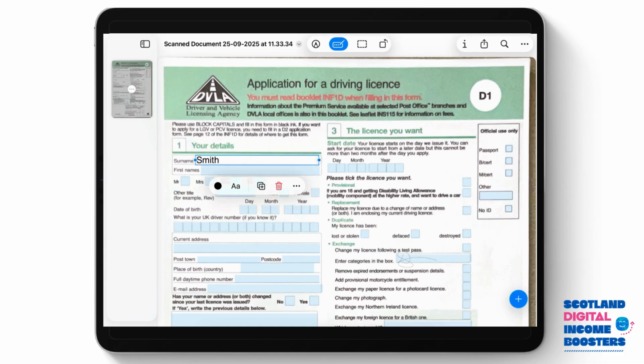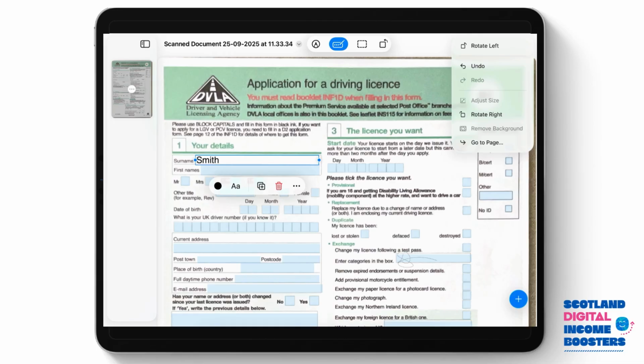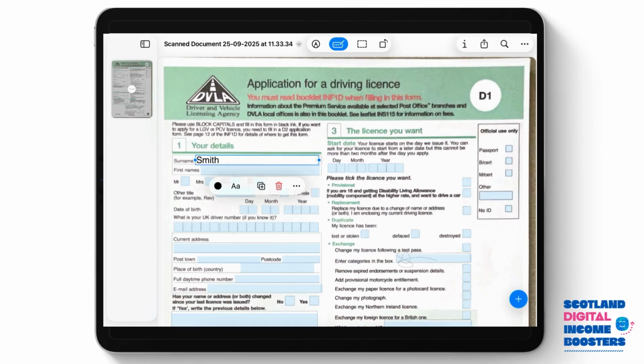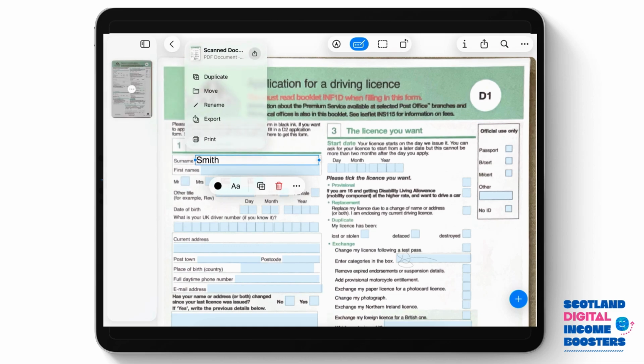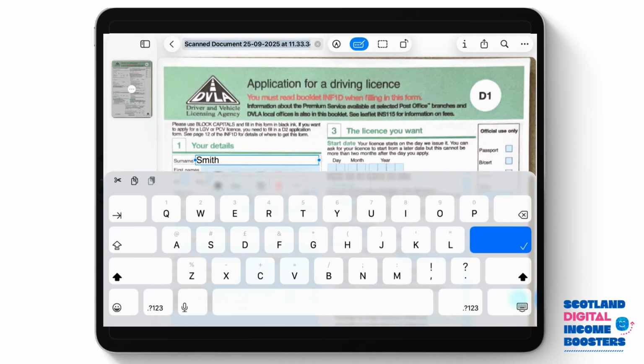And once it's completed, if I just tap on the document at the side here, you can then add in any other pages if you want to. So if it's multiple pages, you can do that as well. And if I just tap on the top here, you'll be able to see that you can change the name of the document by tapping on rename. So I could call this driving license